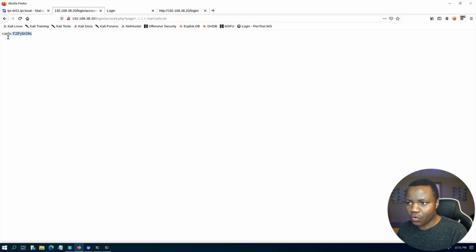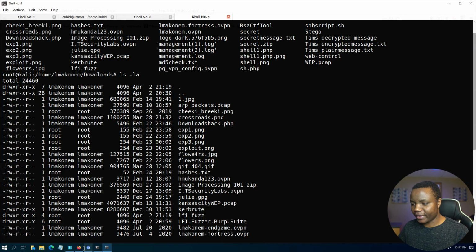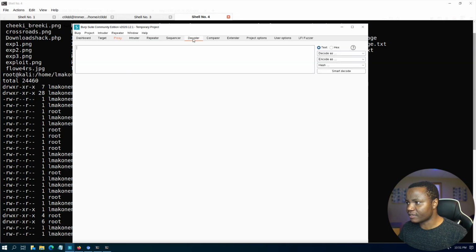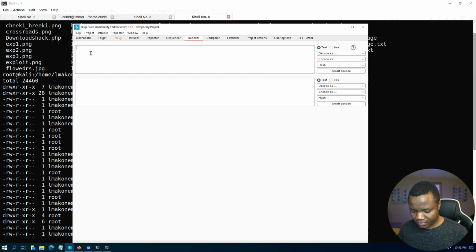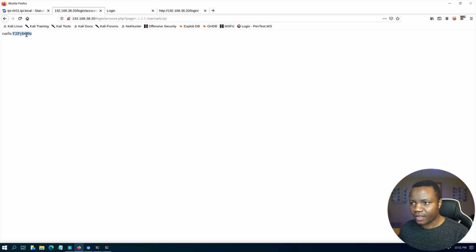All right, so now we see that we have cars and this base64 here. So it looks like a password combination. Let's decode this base64. We can use Burp's decoder if you wanted to. You can paste it here, decode as base64. So if you decode that, it says it's Carlos. So from here, it looks like we have Carlos as our username and password combination. So let's go and sign in with that,